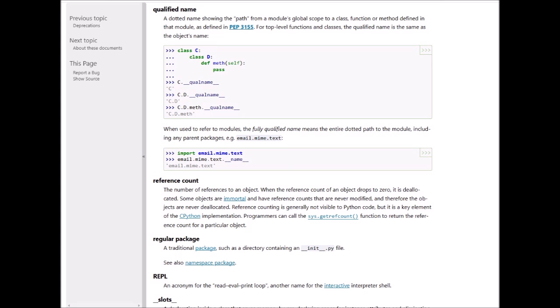Qualified name. A dotted name showing the path from a module's global scope to a class, function, or method defined in that module, as defined in PEP 3155. For top-level functions and classes, the qualified name is the same as the object's name. class C: class D: def meth(self): pass. C.__qualname__ is C. C.D.__qualname__ is C.D. C.D.meth.__qualname__ is